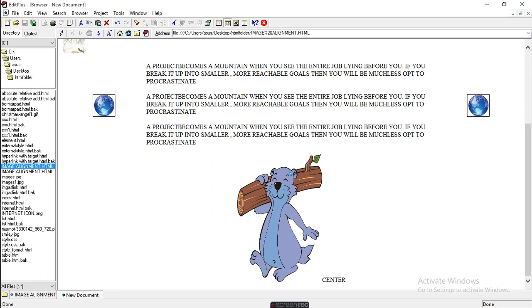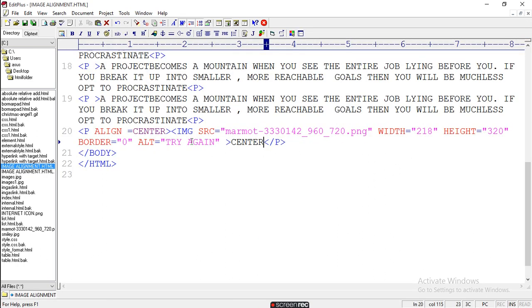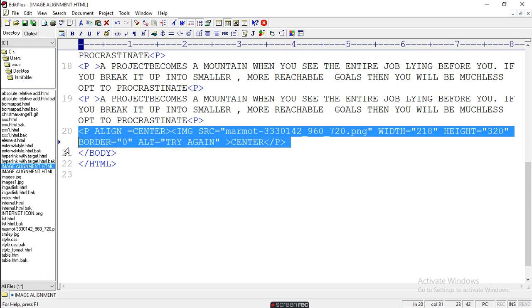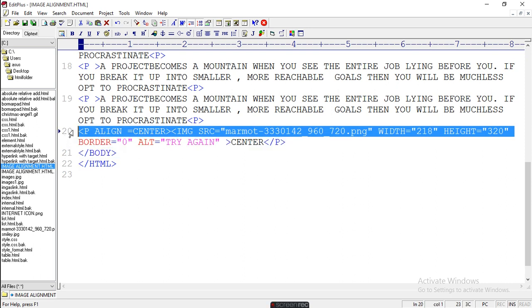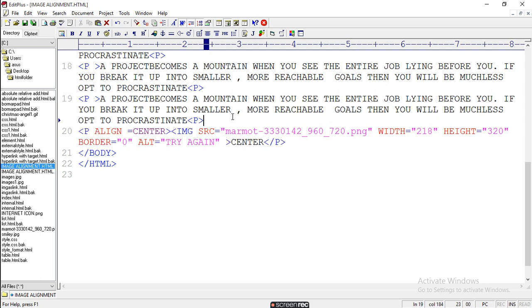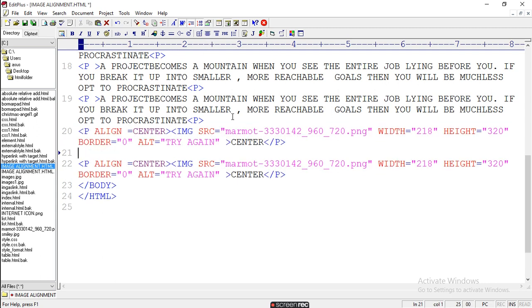Control, come here, in place of center you can write Control C, Control V, as I previously told you. Right, left, here you write left, then you copy it into the next.